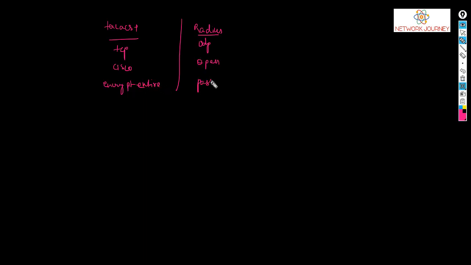In the last class, we also checked the difference between TACACS and RADIUS. If I quickly write it now, TACACS is TCP, RADIUS is UDP. TACACS is Cisco proprietary, RADIUS is open source. TACACS is going to encrypt the entire packet, whereas RADIUS is going to encrypt only the password, nothing else. What is the port number here? It's 49. Whereas in RADIUS,